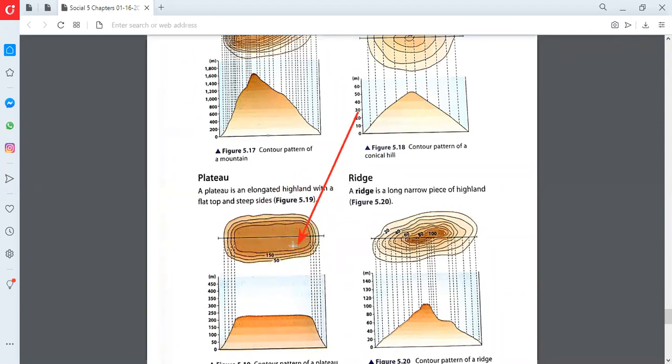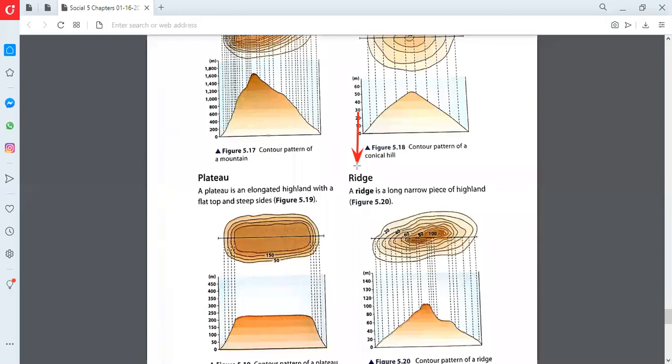It means that there is some flat surface. They are showing it's a mountain because the lines are very close. There are very small gaps. And when there are small gaps and the lines are near to each other, it means that these are sharp sides. And when there is a space between the lines, it means that they have less sharp slopes.